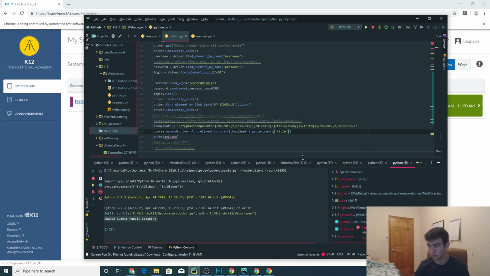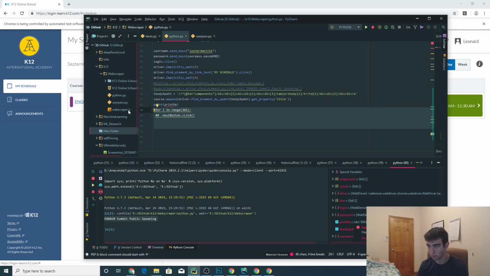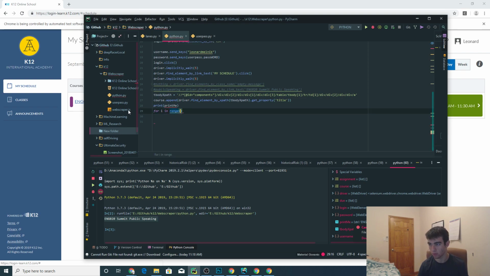Okay, so inside of our for loop, for I in range 3, 6, 5, whatever. Let's just do for 10 days for now. We don't want to put too much strain, just in case we have to launch it. So we definitely know